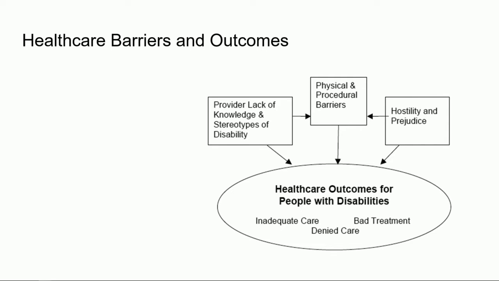Okay, so I wanted to give a little bit of background about why we're speaking about this today. Unfortunately, people with disabilities are an often unrecognized healthcare disparity population. They experience substantial barriers toward accessing healthcare. There are many aspects that go into constructing those barriers, including provider lack of knowledge, stereotypes about disabilities, as well as specific physical or procedural barriers in terms of the policies that are created, the way buildings are constructed for people with physical disabilities, the way we communicate, and how people can access information about healthcare.